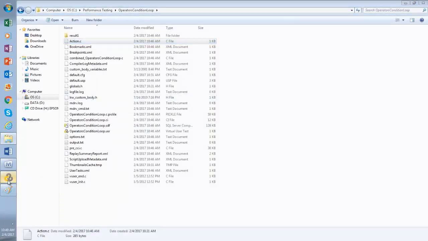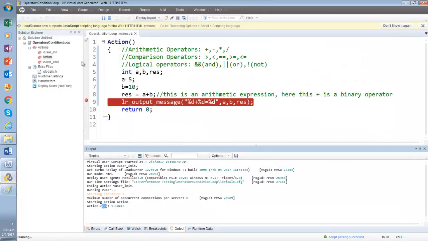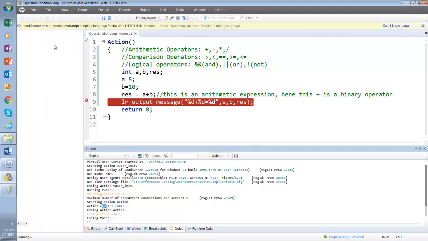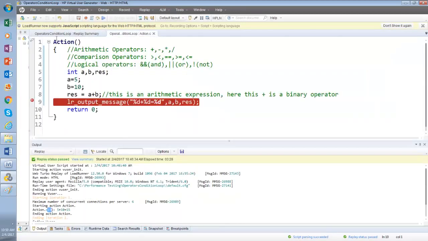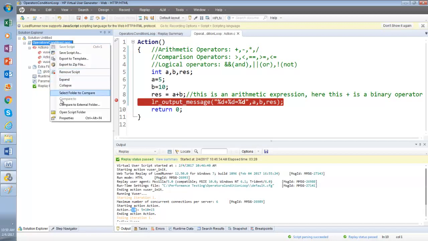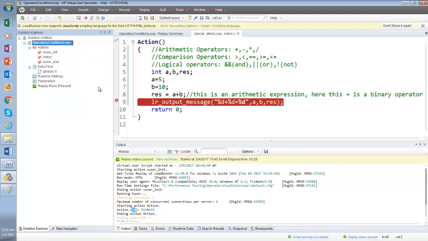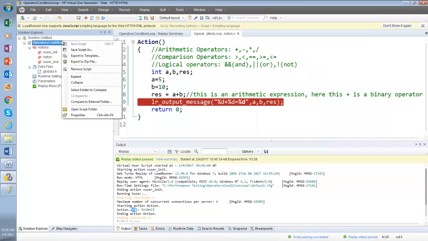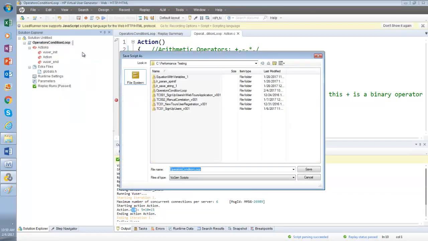Now I want you to practice that one as well. What are we doing? Operators, we want to make it more meaningful. Now you come here. What is the name? Action. Now what is the name of this example? Operators conditional. Now I will copy this. How will I copy this? Look at the screen. If I select File, Save Script As, can you see the name? I got the name. Right click, copy.